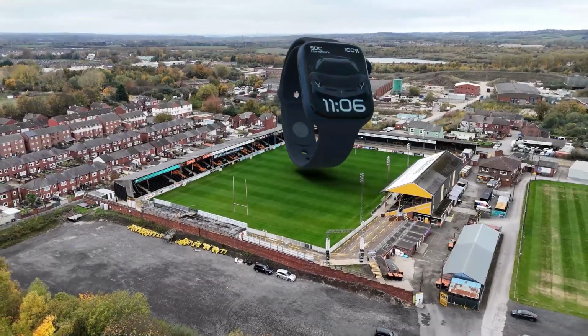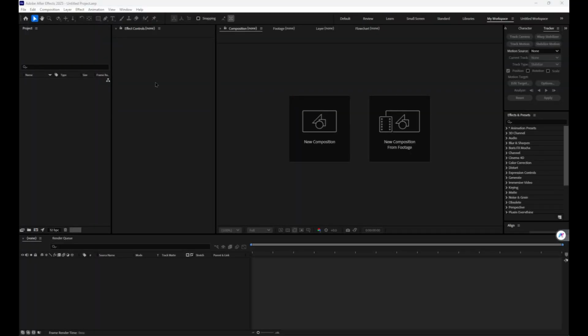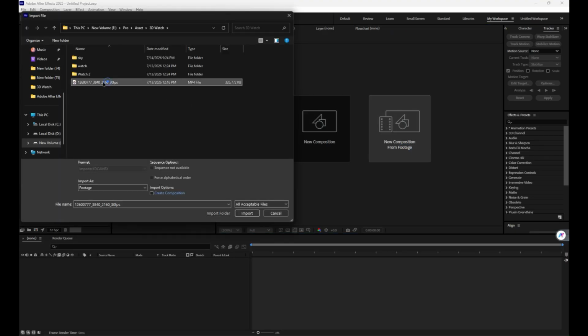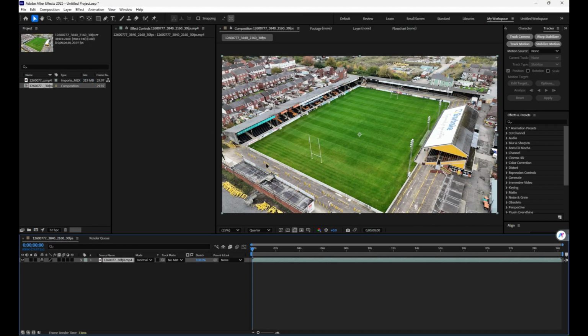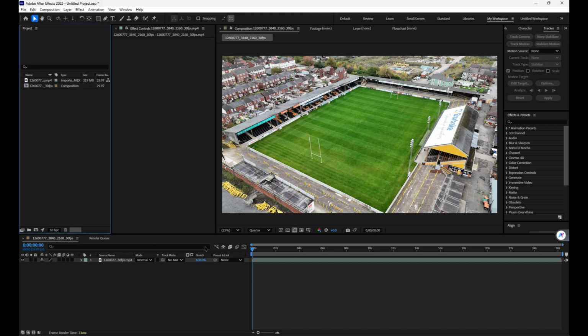Let's get started. First, create a new composition from footage. Click on this and add the clip. Link is in the description. You can check it out. This is the clip. Select the clip